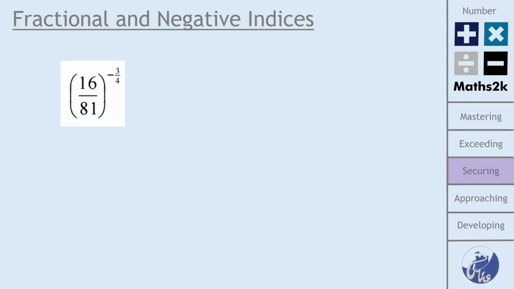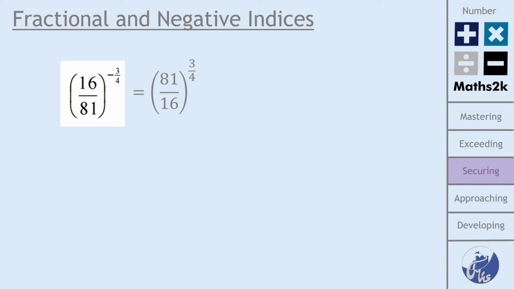The next problem I'm going to look at is when your power is both a fraction and negative. So in this example from a paper, we've got 16 over 81 all to the power of negative 3/4. So what we're going to do is combine a couple of ideas from what we've had before. So I can get rid of that negative power by using reciprocals. So if I take the reciprocal of inside the brackets there, I will then have 81 over 16 to the